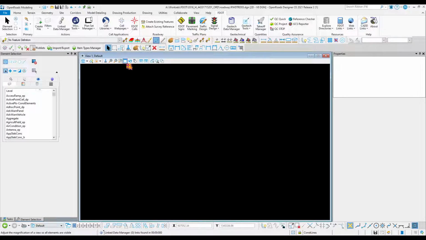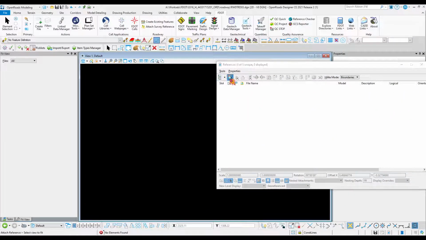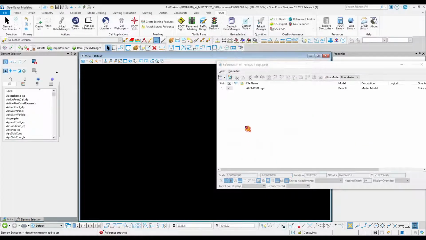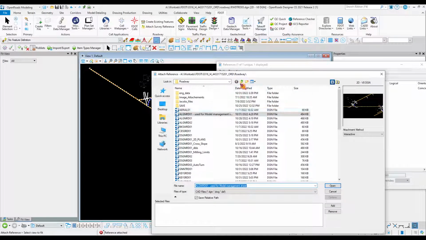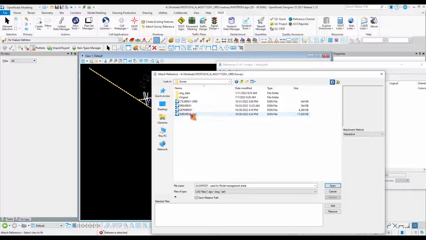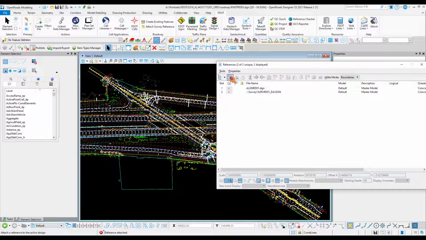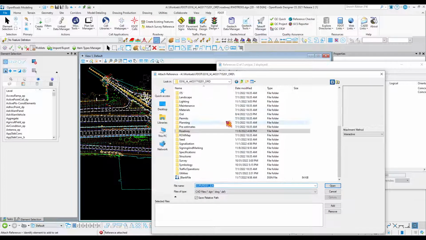Okay, we have the file. So now let's attach what we need. Of course, we're gonna need the alignment. And then we're gonna need the survey. Where's the right-of-way coming from? It's coming from the survey, so we're gonna add it here. And also, I'm gonna add